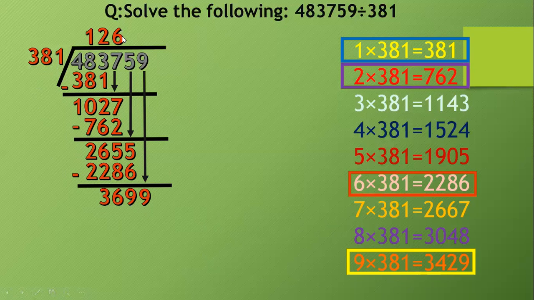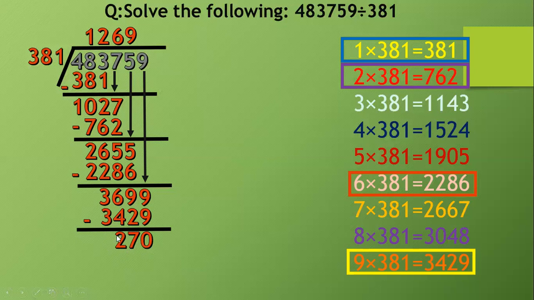So we will write 9 in quotient and 3429 here. In next step, subtract 3429 from 3699 and our answer is